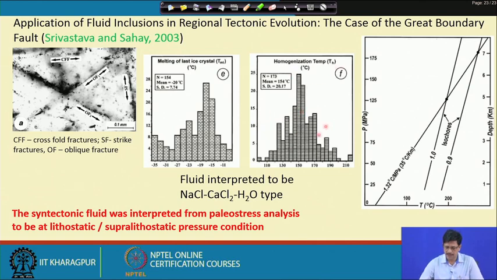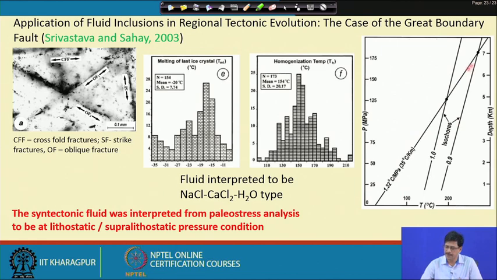Now, if these inclusions are taken all together, then the densities of these inclusions are calculated, and the isochores of the inclusions, with the total density range covered being 0.9 to 0.1, are shown on this particular pressure temperature diagram as constructed by these authors. As you can see, they represent the ranges of the pressure temperature conditions of entrapment of these inclusions. Now, as we know, the isochores themselves will not be able to tell us the conditions.